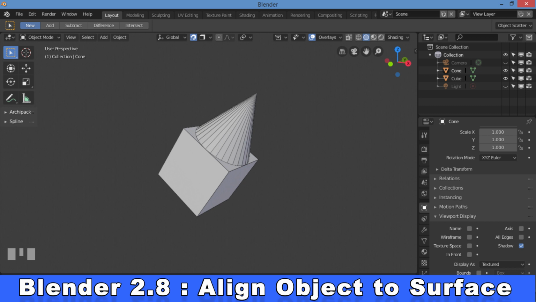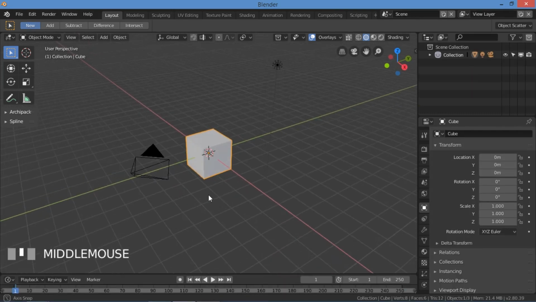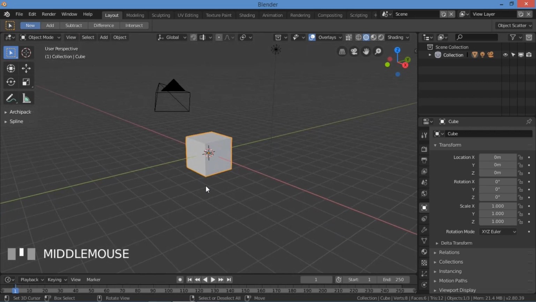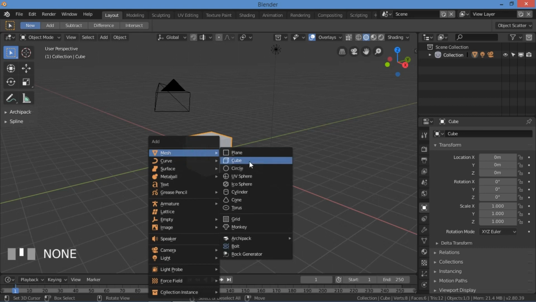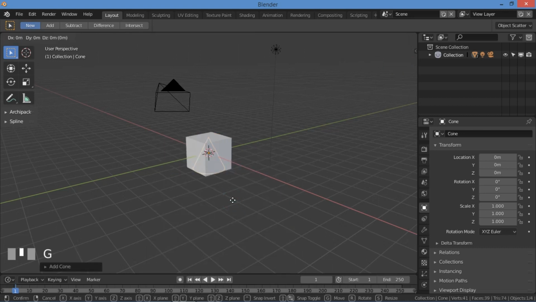This is Shanmugam. In this video, I will show how to align an object to the target surface. Here, I am taking two objects. One is a cube and another one is a cone. Now, move the cone some distance in the x-axis